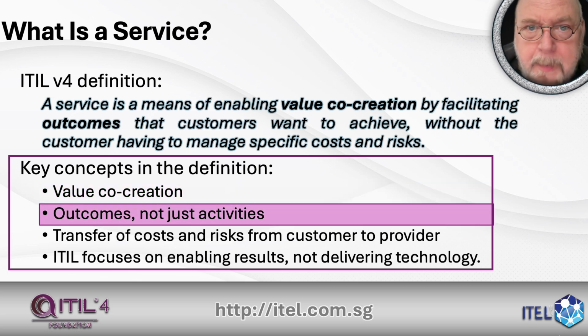Outcomes, not just activities. We are interested in use cases. I wish to buy something and use it this way. I need to have that so that I can achieve this. That's good. But now we want to take it one step further as well. We're interested also in the outcomes. How are these benefits going to improve your life? How are these things going to make your job work better, increase your productivity, help you save money, help you be more profitable, help you gain more market share?